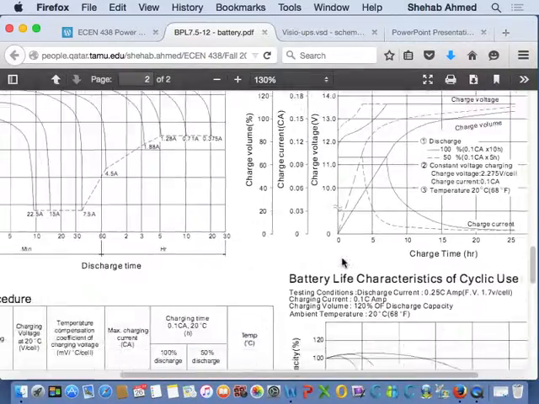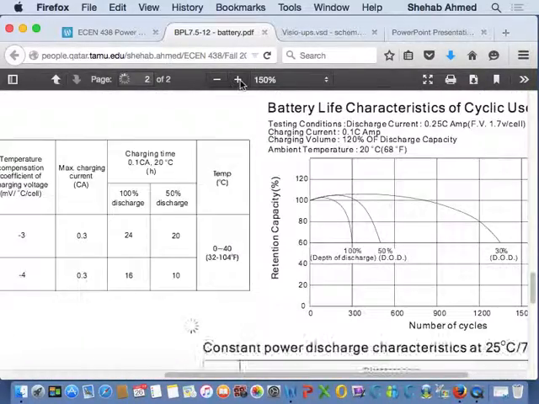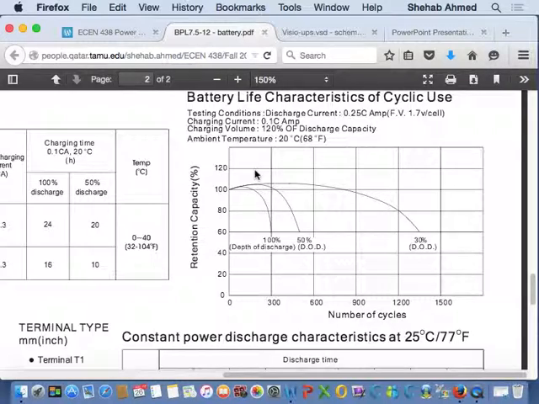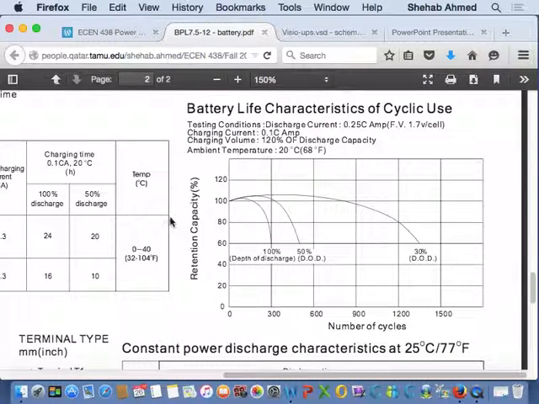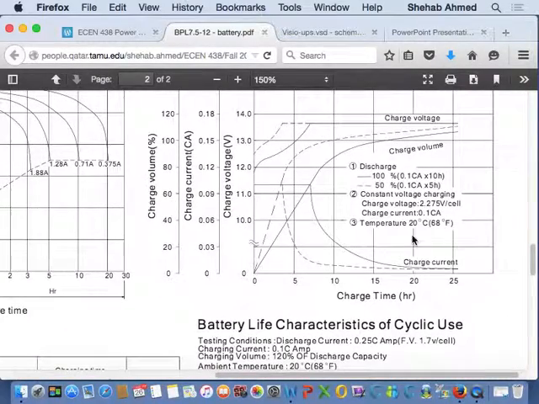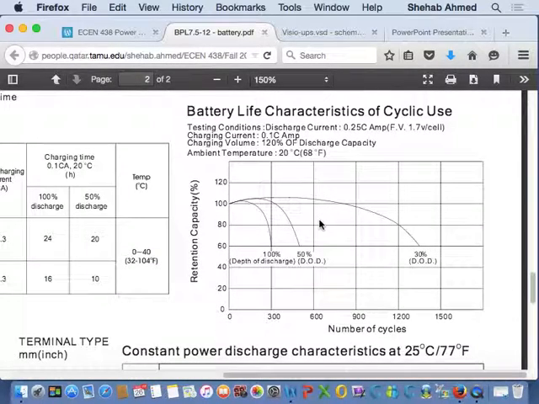It's easier to. So here, if you look at discharge characteristics, not charging characteristics, assuming you charge them, and the charging curves are these curves. I will go through them when we talk about batteries in more detail. But charging and discharging batteries are the same sort of issue. You have to do it in a certain fashion because it will affect the lifetime of the battery. So for example, this battery, if you discharge it to 60%,